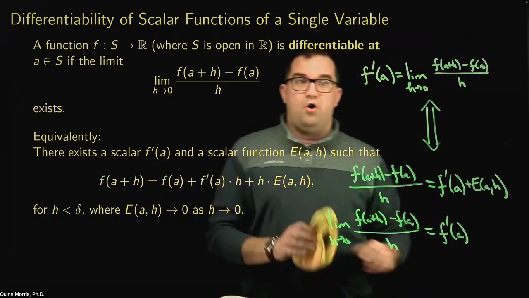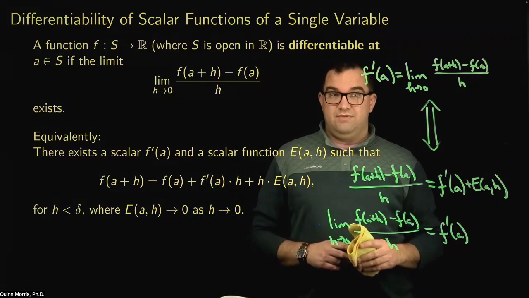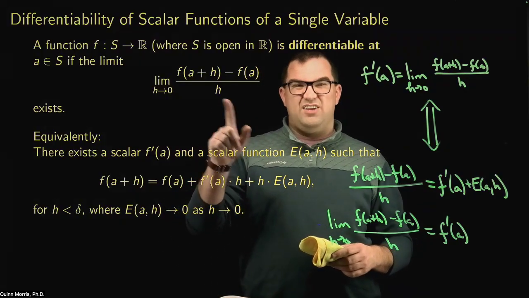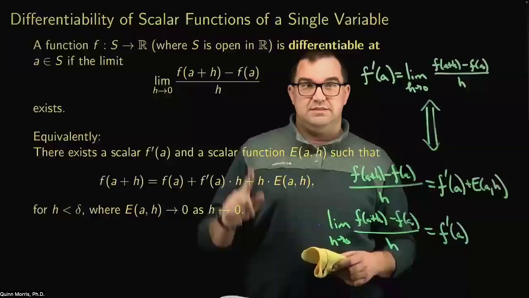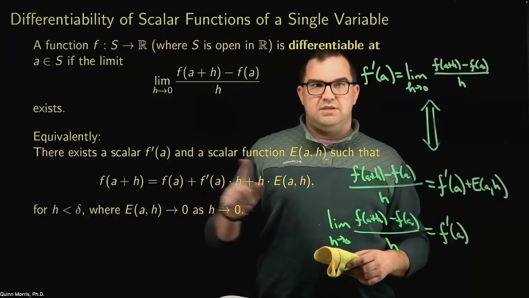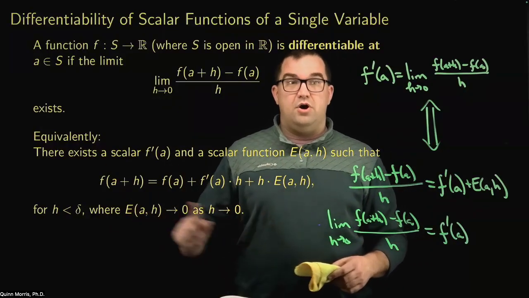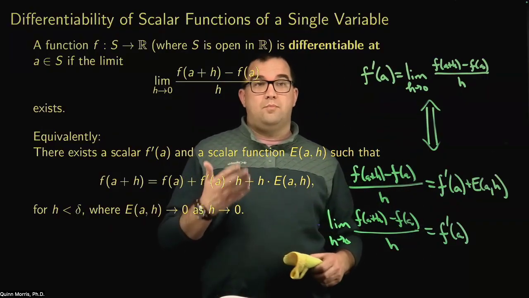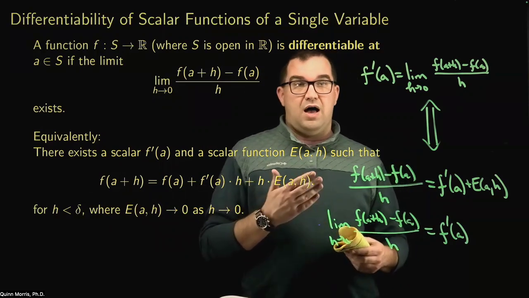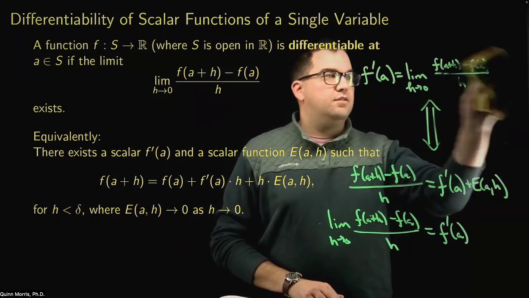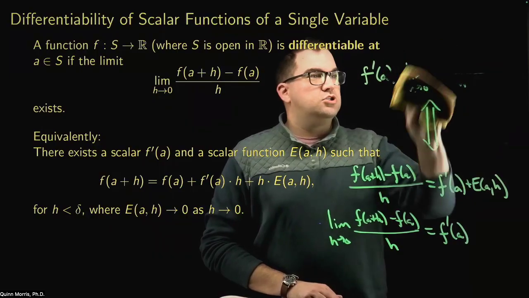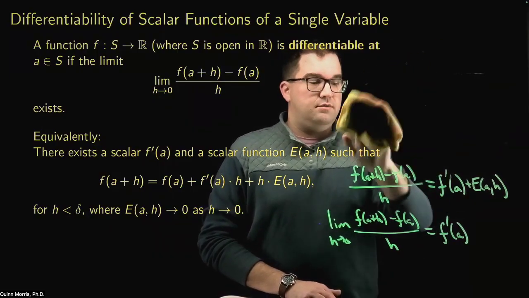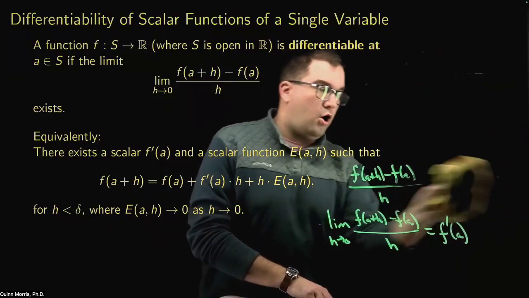Now, for functions from Rn to Rm, these are not equivalent definitions. Again, as I mentioned, this is really something more like saying the directional derivatives exist. This is some other notion of differentiability, which is really saying that your function is well approximated by a tangent line at the point A. So what we want to do is try to generalize this notion to functions from Rn to